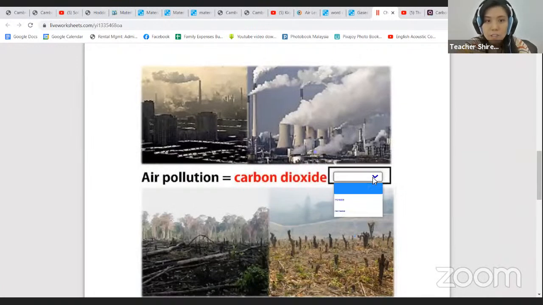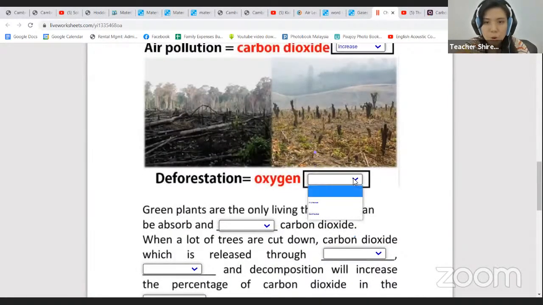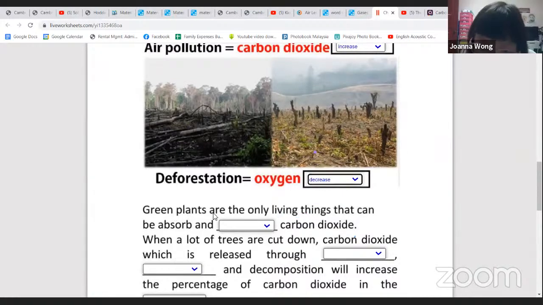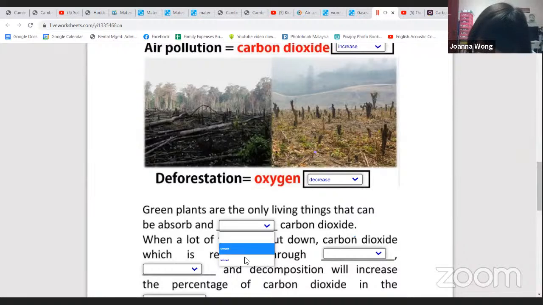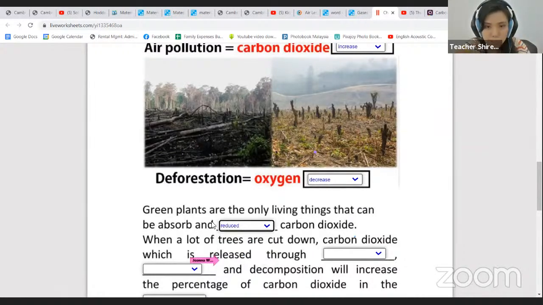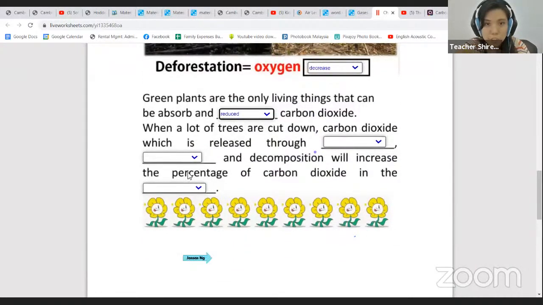Okay. So air pollution means carbon dioxide increase or decrease? It increase. Good. Deforestation means oxygen getting more or less? Getting less oxygen. So green plants are the only things that can absorb and reduce carbon dioxide. When there's a lot of tree cut down, carbon dioxide which is released through